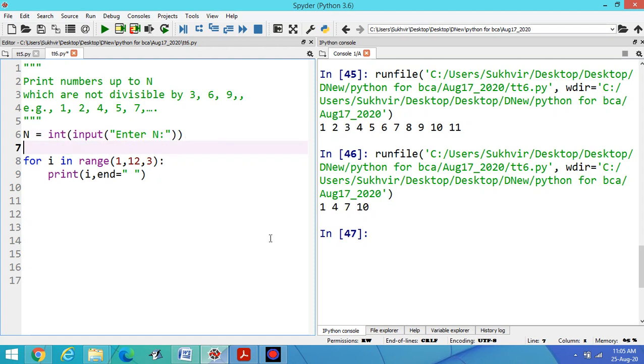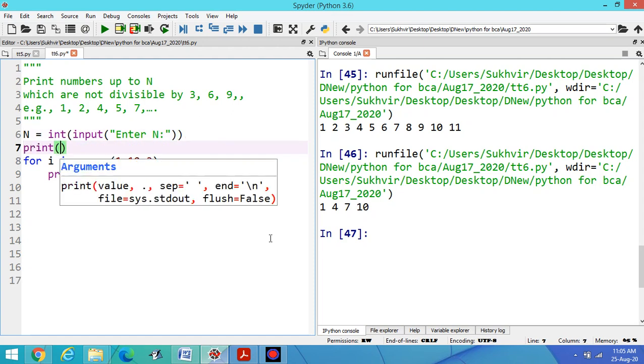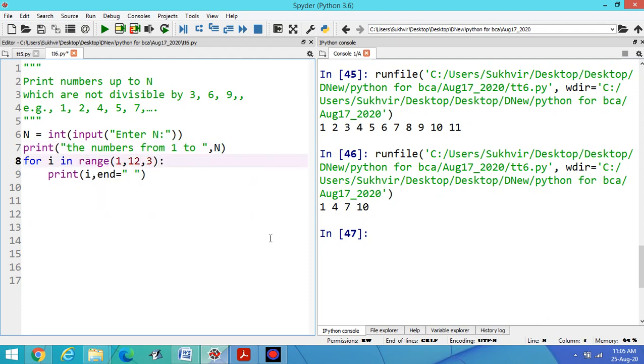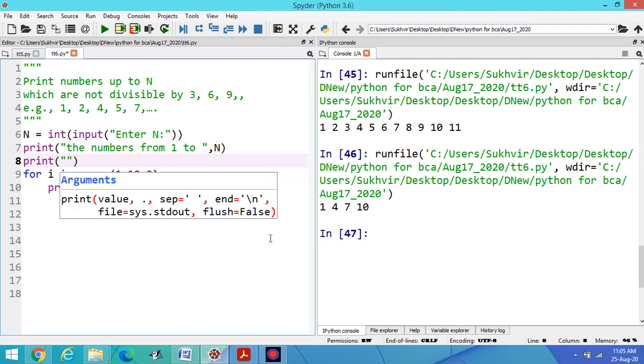Then print the numbers from 1 to, here I can write n. Then again print, you can write here not divisible by 3, 6, 9 and so on, like this.